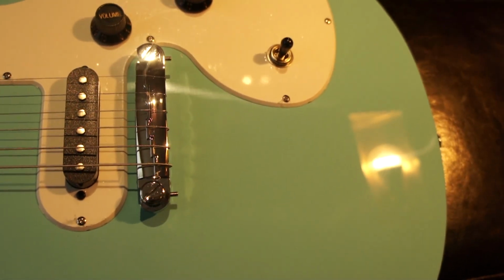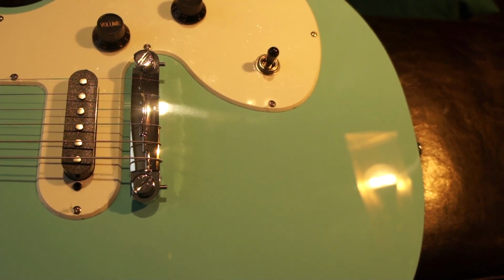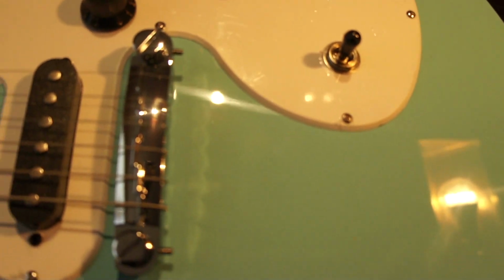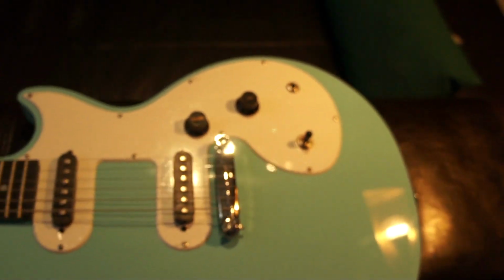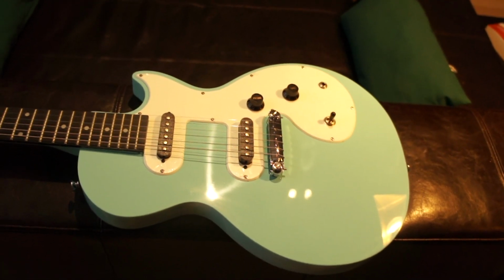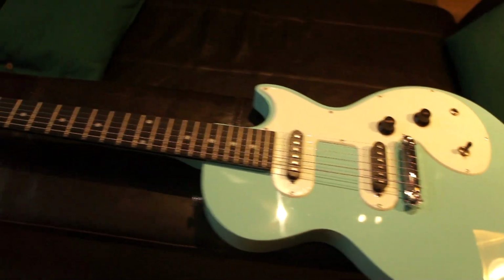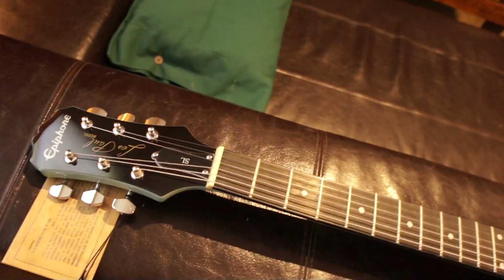Of course, you have this kind of compensated fixed tailpiece. So you don't have a separate tailpiece and bridge. You have one tailpiece that also has different compensated saddles on it. In a second, we'll talk through the history of this. As it turns out, this is not a completely novel design for a discount Les Paul. We'll go through the history a little bit and talk about some of the historic models that kind of give precedent to this. It's actually a very...